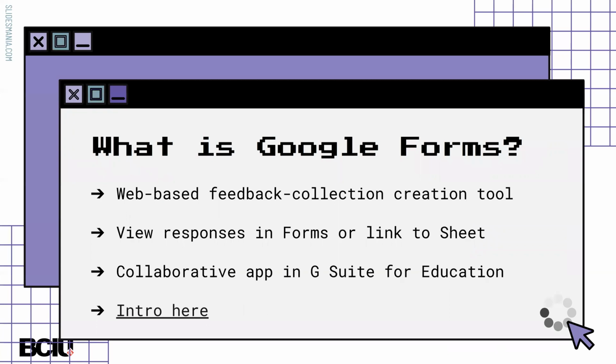So Google Forms is a web-based feedback collection creation tool, and it's part of the G Suite for education apps that are available. And you can view the responses right inside Forms, or if you want to do some more in-depth data work, you can create a spreadsheet through Google Sheets that houses all of your data. It is a collaborative app, so if you are working with a colleague or if you are working with a team, you can co-create forms, you can share forms with other people, they can make copies, and all that kind